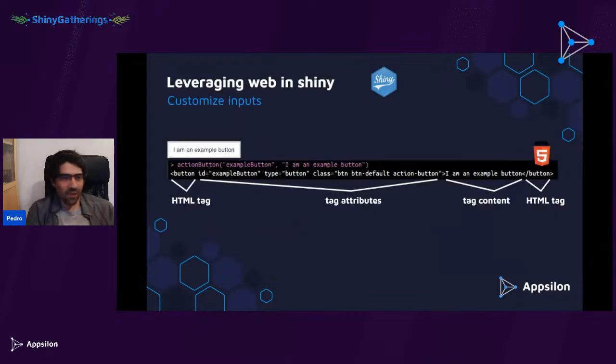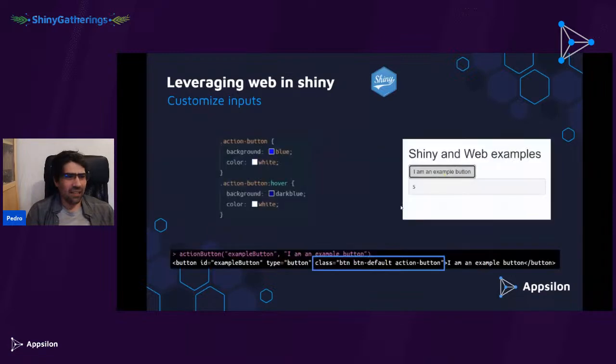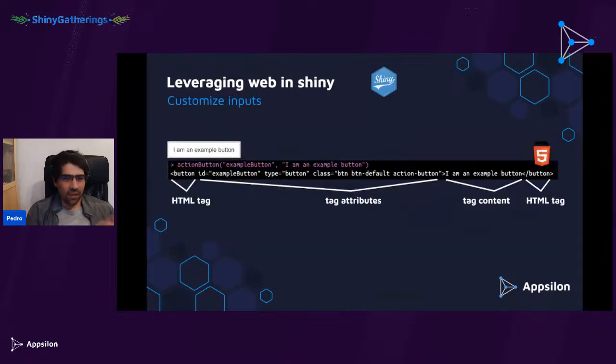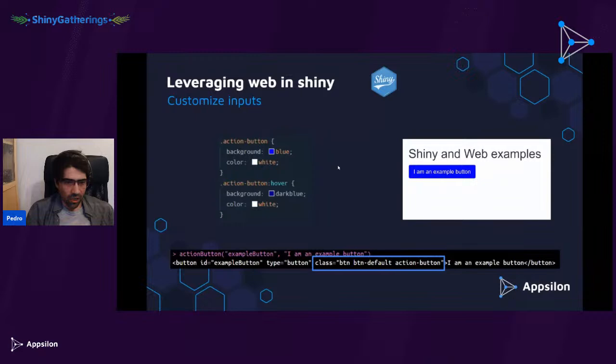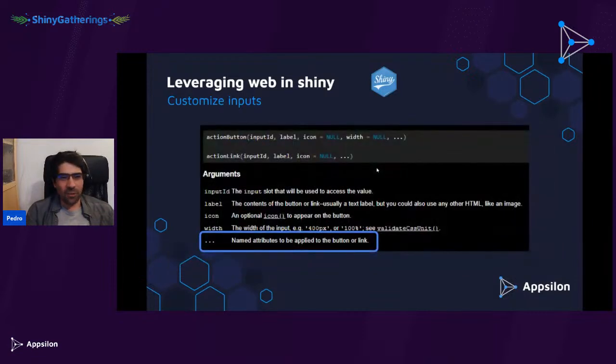Okay, but let's focus on our button for now. If we would like to create CSS for this, we can actually focus on this class part. We can technically use any of these attributes or even the HTML tag itself to find our button. But by default, class is actually the thing that connects CSS and HTML the best. Okay, so let's look at our class. And we do have an action button here, which is exactly what we were looking for. So if we find a way to add this CSS to our Shiny application, we will have exactly what we want. So how can we do that?